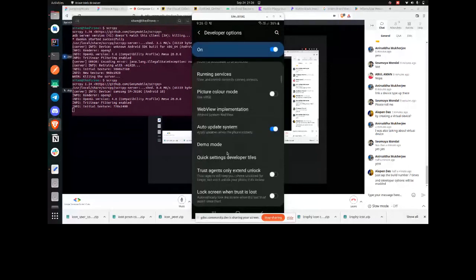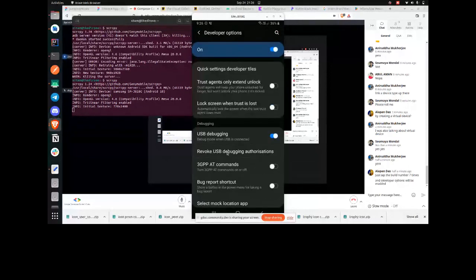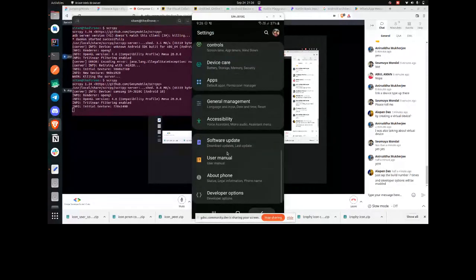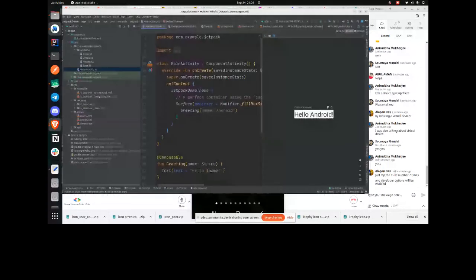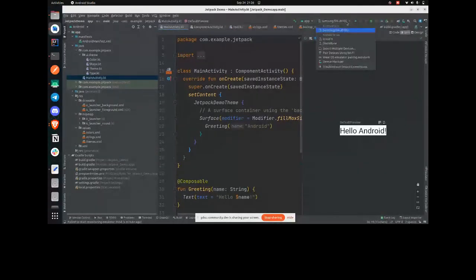Whenever your developer option is enabled, you need to take care of this: you have to enable USB debugging, after connecting the USB, obviously. Whenever you have enabled your USB debugging, see in your Android Studio, it will automatically detect my device. So now if I run this for my device,